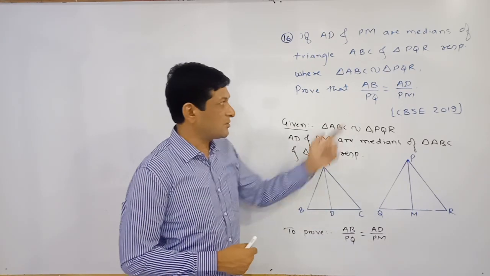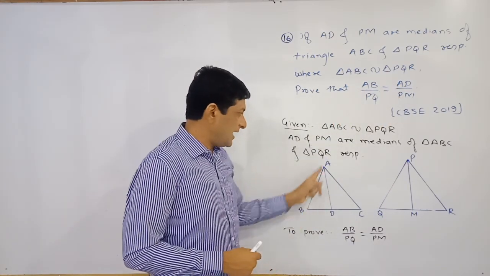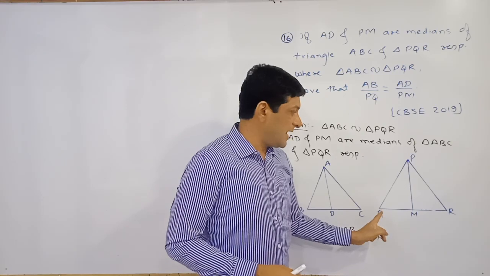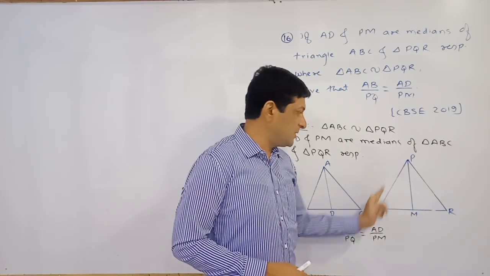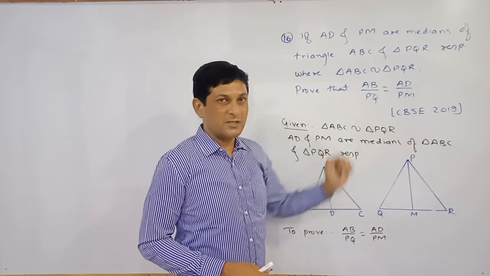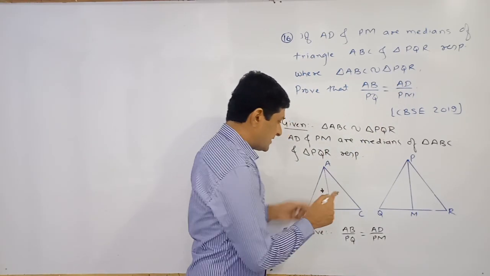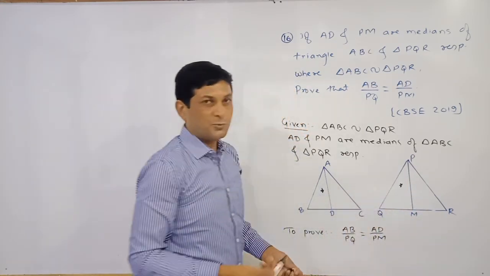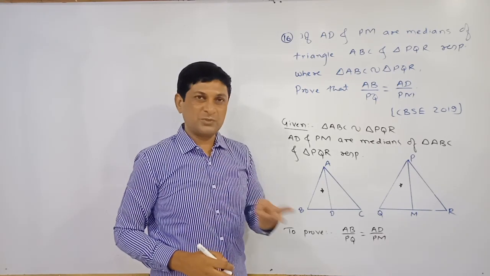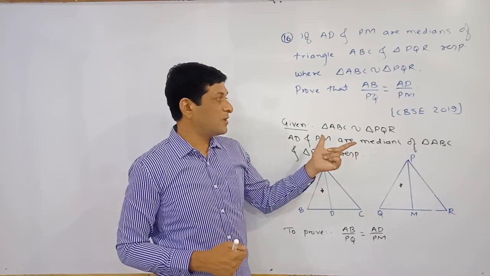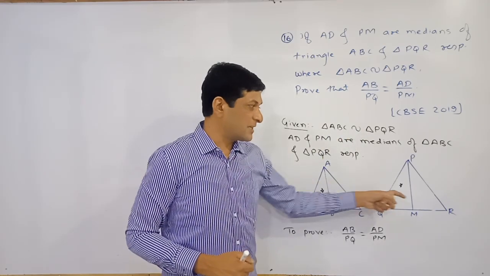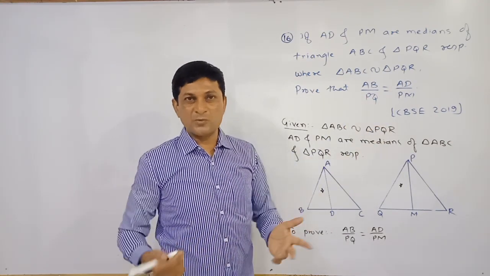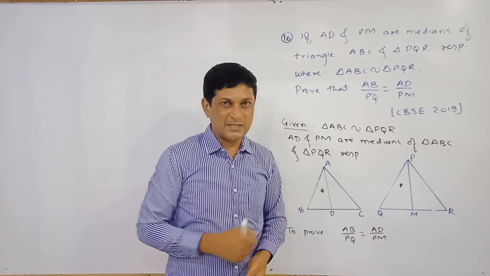Observe, these are the sides AB and AD. AB and AD are the sides of triangle ABD, and PQ and PM are the sides of which triangle? Triangle PQM. Means to get this result, we have to show that triangle ABD is similar to triangle PQM. To show that two triangles are similar, we have three criteria. So let us make use of the given conditions to show that these two triangles are similar. Once we show that, we will get the required result, because if two triangles are similar, corresponding sides are in proportion.